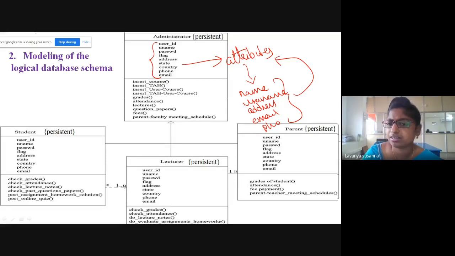Simple way: use some nouns. Don't memorize all these things, just write in your own way. Attributes describe the entity.